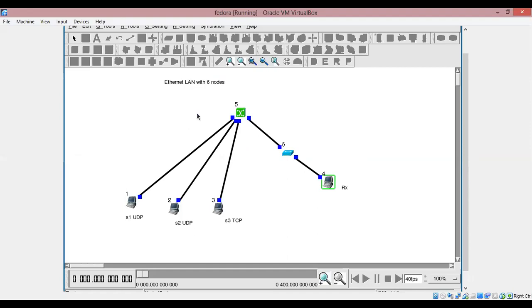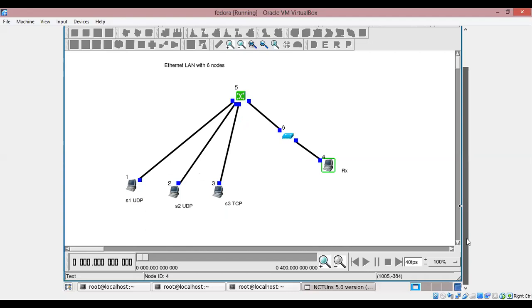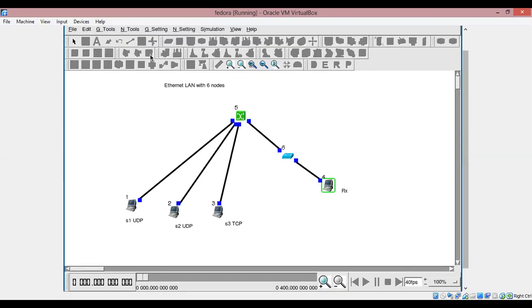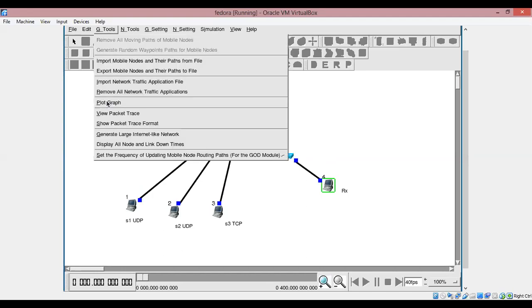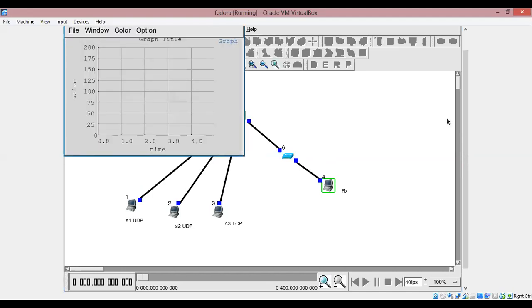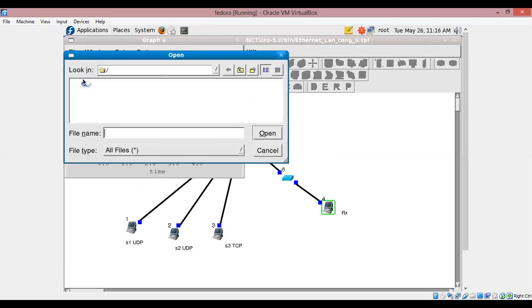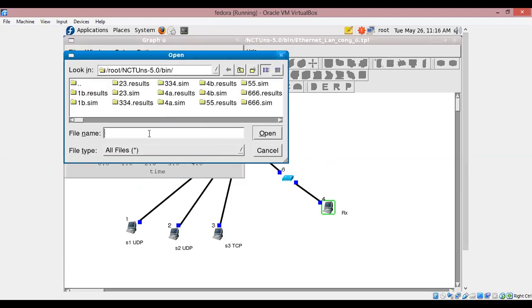So when they specify the number of nodes, you have to set it accordingly. So if they ask you 7 nodes, you can place 1 extra sender. Okay, so if they ask 8 nodes, you can keep 5 senders and 1 receiver, or 4 senders and 2 receivers, and receiving accordingly. We just have to check the collision on the receiving side. That's it. Okay, so you can show it in graphical mode like this, by loading the graphs. I just open one collision graph once again.